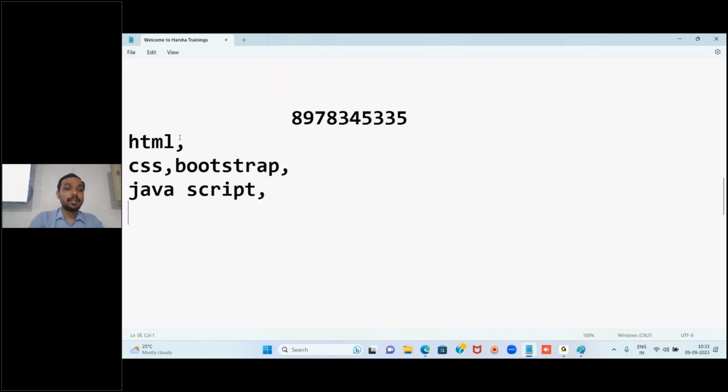Along with that, you will be learning React JS. This is what is on the front end side. Coming to the back end side, it is your choice, like I told you, slash, right? So you can go for the Java stream, where core Java, advanced Java, and Spring will be there. When you opt for Python, there will be core Python, advanced Python, and Django. When you opt for Node, all the concepts in Node along with Express will be there.